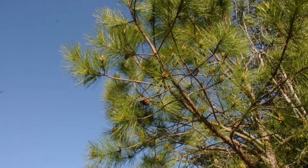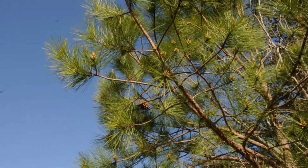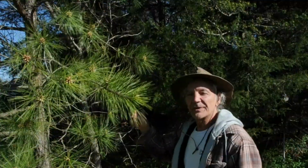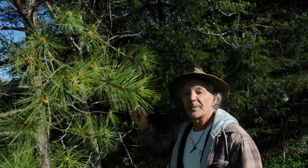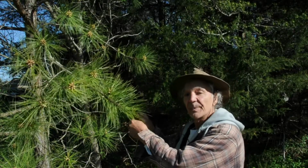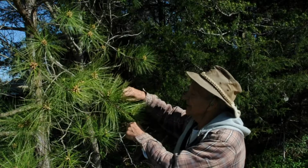I have no doubt that most of you recognize this next tree, and this is a pine tree. So before we get started, let's make sure everybody understands what a pine tree is. Now a pine tree is a conifer, but not all conifers are pine trees. So the way you identify pine trees